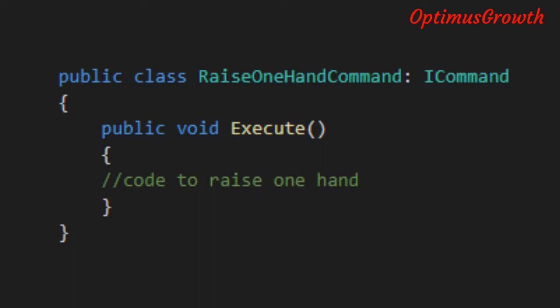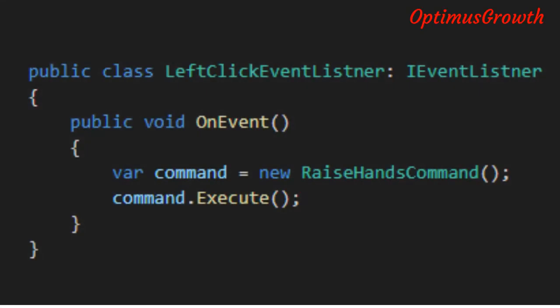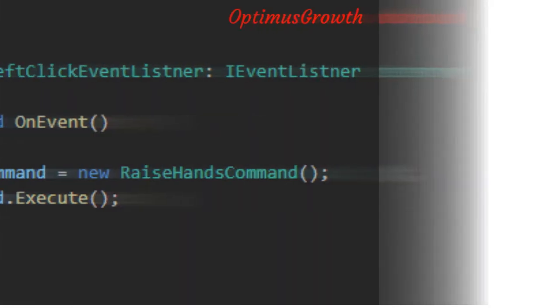Well, this looks like a much cleaner approach where each command has its own behavior and anyone can invoke these commands based on different events. To start with, we are now going to modify the click event listeners, where the left click event listener will now only create the raise hands command and invoke the execute method on it. That's it.